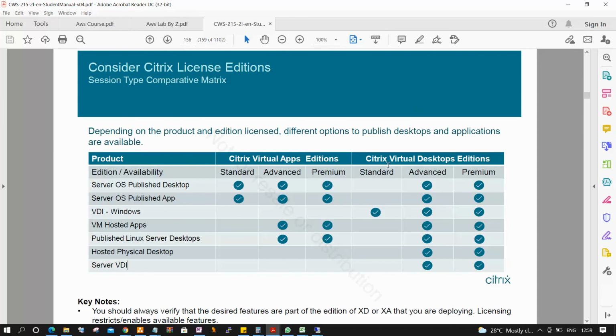So if you purchase Citrix Virtual Desktop, all the features are available, so whatever you do in Virtual Apps, you can do with Virtual Desktop also. Now many people are confused about this model. Are you clear?